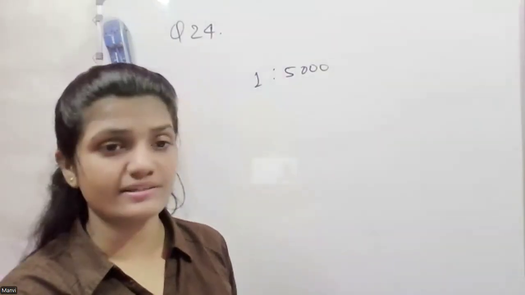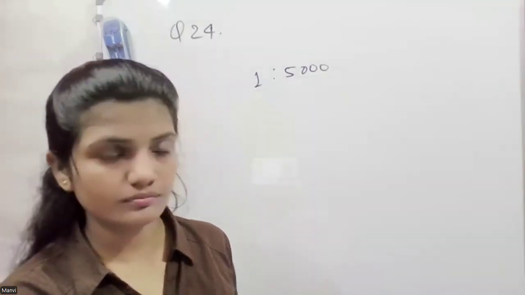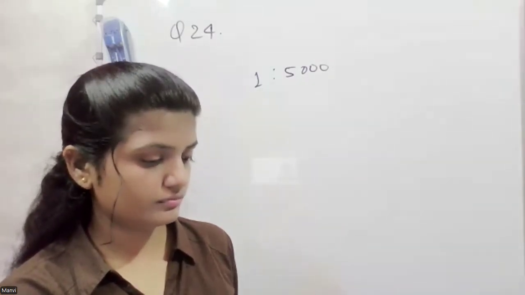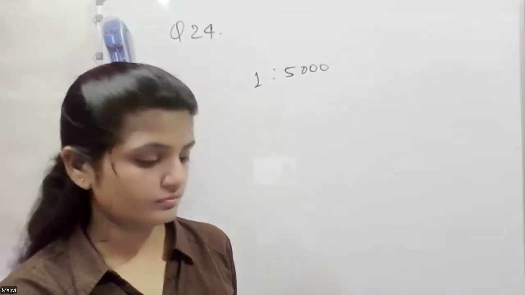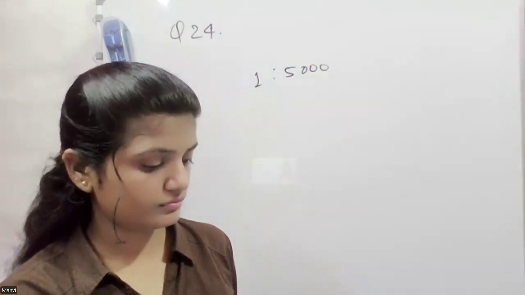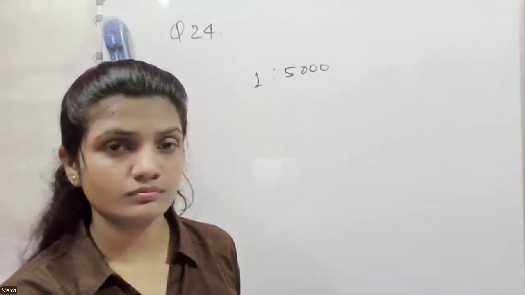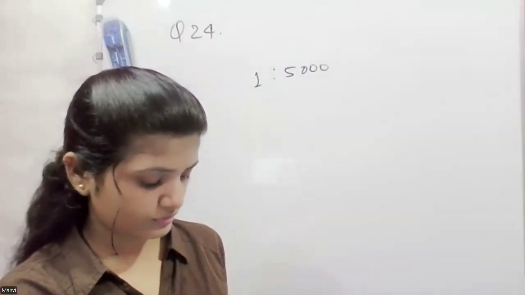Now the last question, 26, please. A 10-kilometer long road is represented on a paper by a 2-centimeter long line. Calculate the scale used. So 2 centimeters is equal to 10 kilometers, and you have to convert that into centimeters. So that'll be 10 million. I mean, not 10 million.